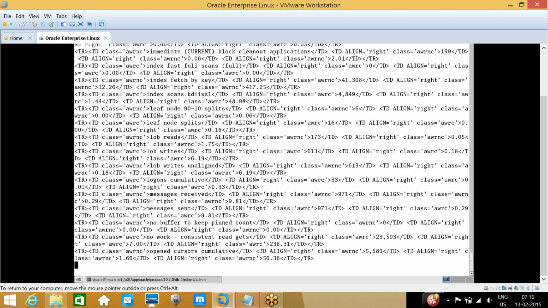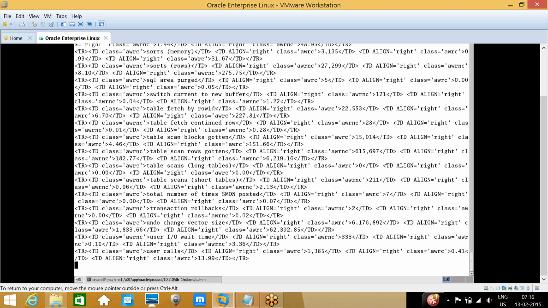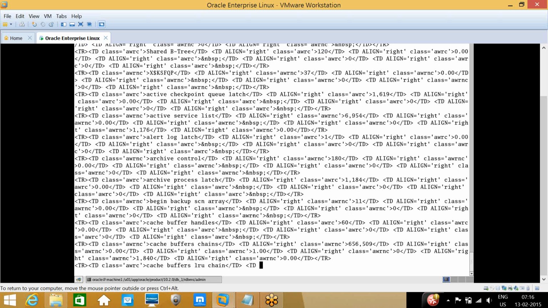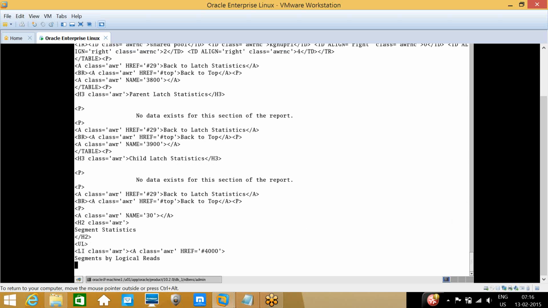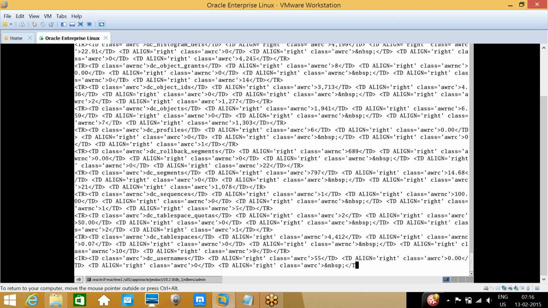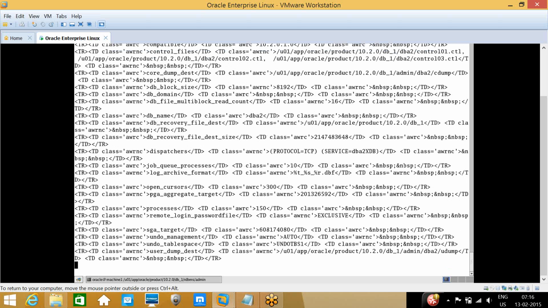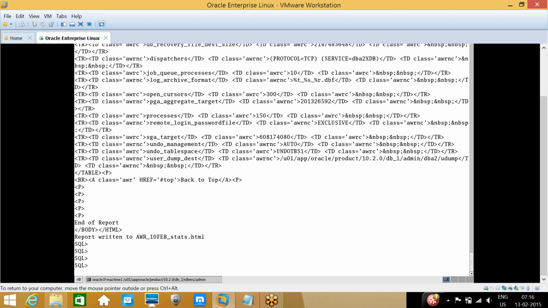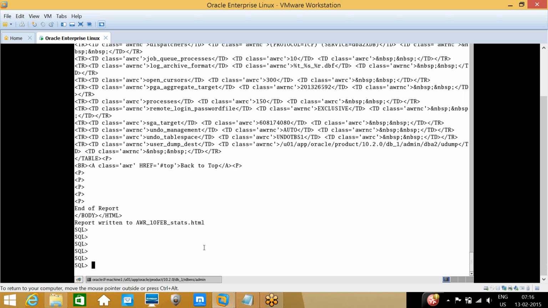How many days of data will we have? Usually we maintain 30 days, which is the default setting. If the system tablespace size is increasing, we usually purge the snapshots.